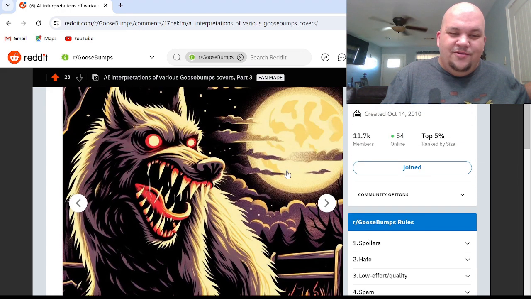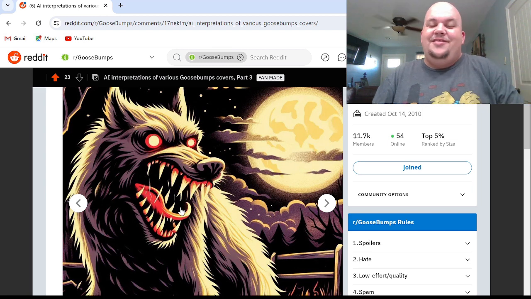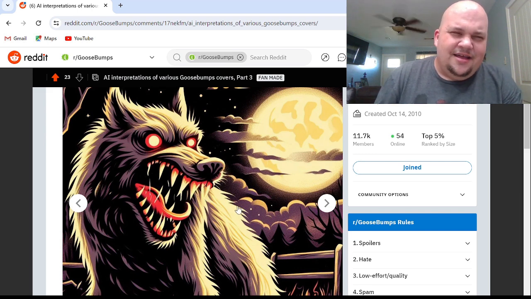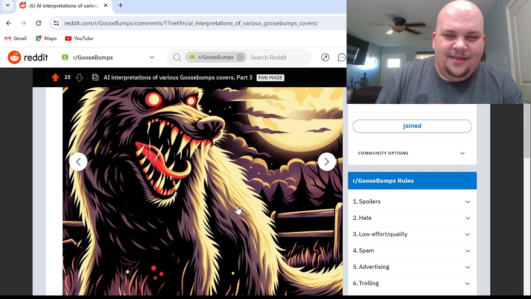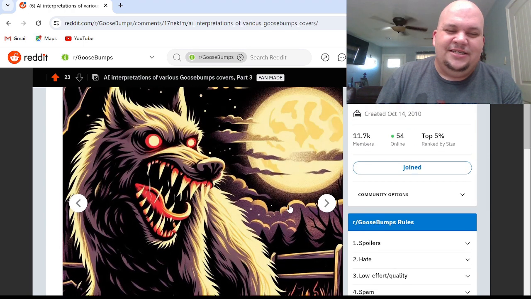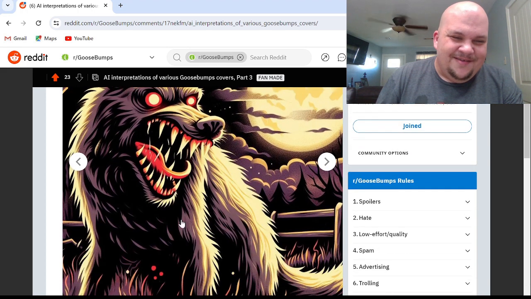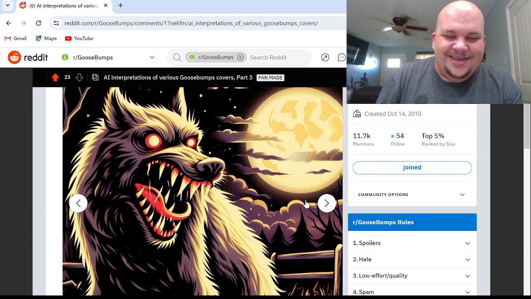The Barking Ghost. This is a lot creepier than the ghost on the original cover, with that black, it's not a black lab. What kind of dog is that again? I don't remember. I can picture it. It's some type of lab, right? It's a black lab, yeah, I think so. But this one is just like a werewolf. It's cool, it's creepy. I love it. You can see the drool coming off the fangs there. That's really cool.